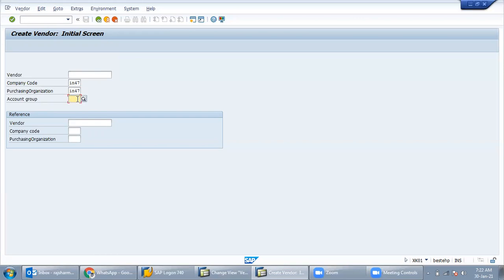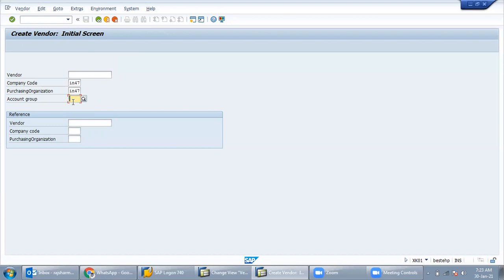We are just maintaining it to find out from where we are getting that product. But this purchasing organization is nowhere related to the groups that we were creating. Exactly. Purchasing organization is not related to account group. We can create n number of groups, and it is not going to affect the purchasing order. So purchasing group IN47, and we have created account groups like 4, 5, 3, 10, as many numbers as we require.